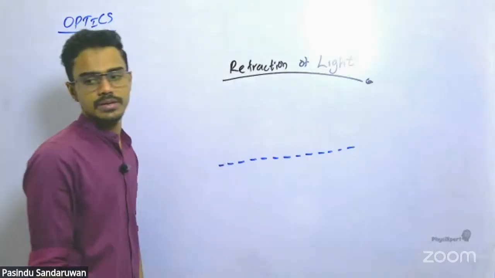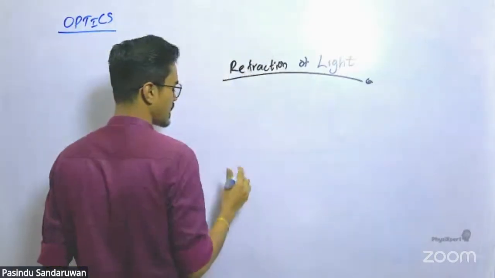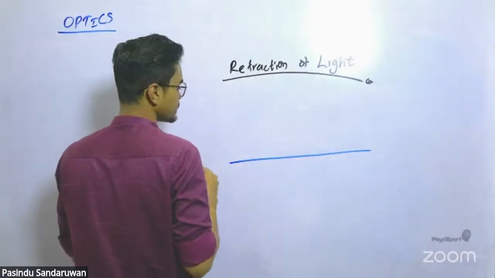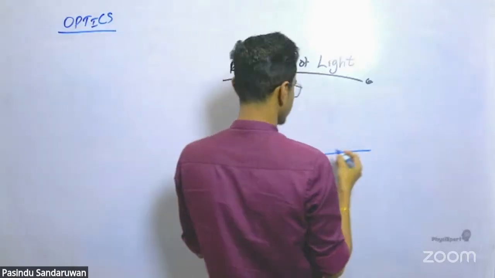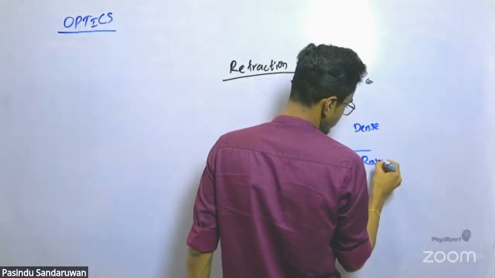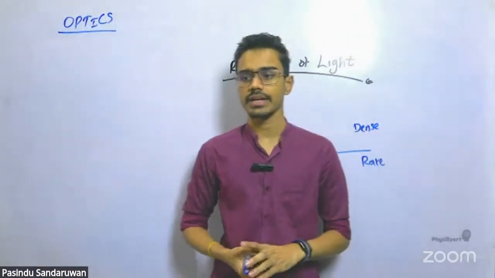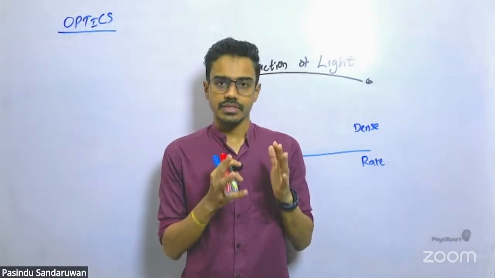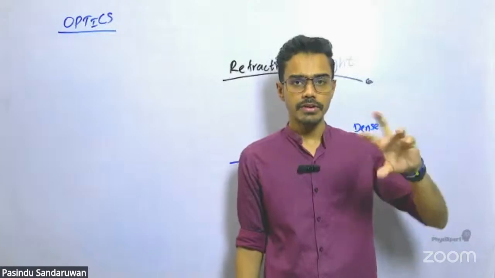Listen now. When it comes to refraction in optics, there's a jargon that you should know first. Let's say a light ray travels from a dense medium to a rare medium. Dense and rare means, listen carefully, something defined based on the refractive index. Simply, when we compare two media,